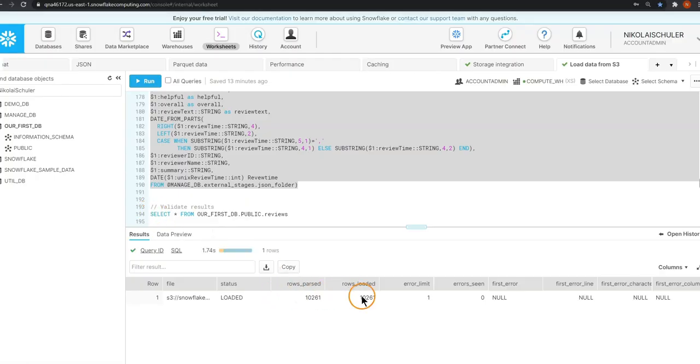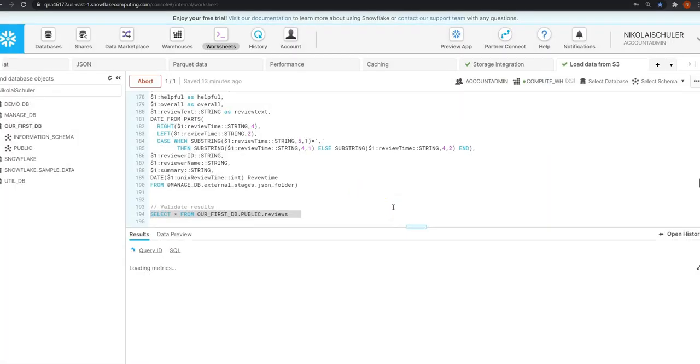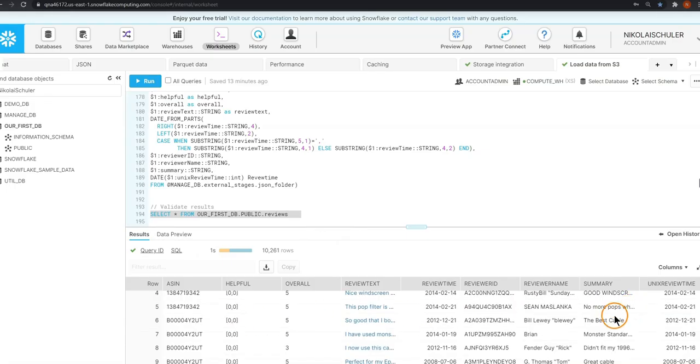So we see everything has passed. We have no errors. So this already sounds pretty good. And therefore, let's just quickly also validate the results. And it looks really, really great. So I hope this lecture, which was a little bit longer, could also showcase some of the challenges we can face